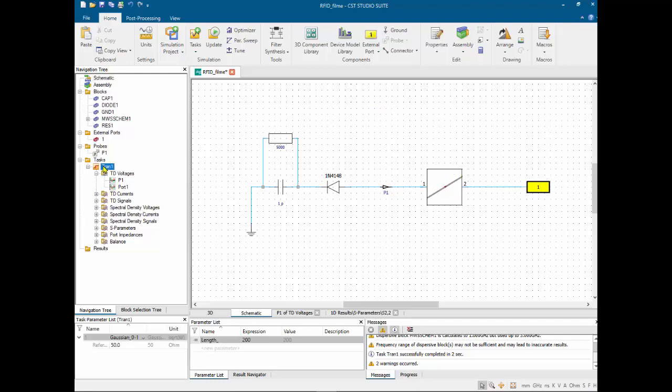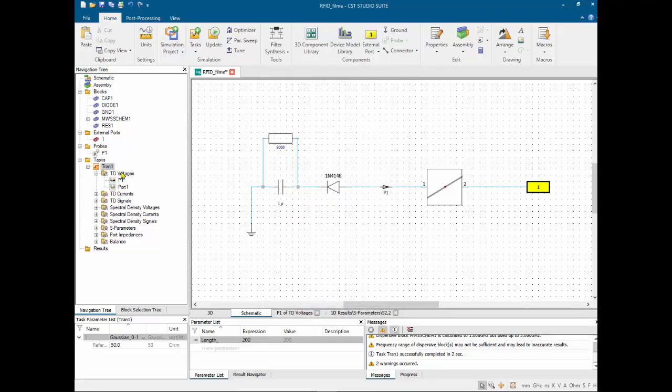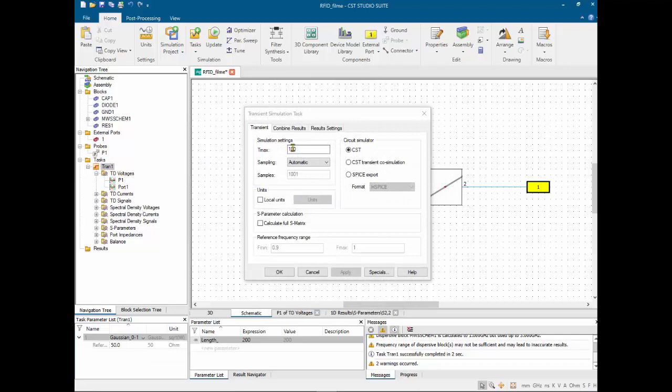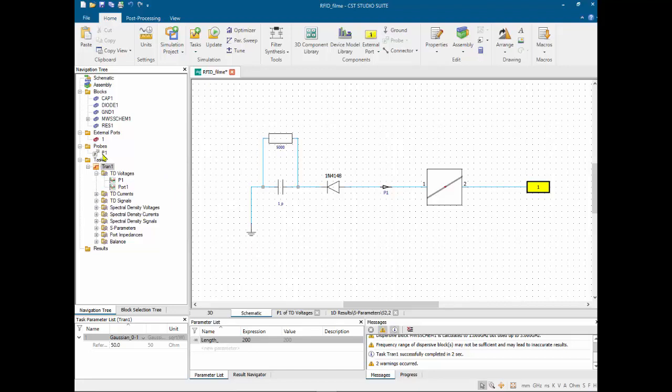And once it's done, for the transient task, you just go here, new task, and select the transient, right? And when I click here, I have increased the T maximum to 100. You are going to see why. Pretty much, you don't need to do anything more. And the last thing I just added here is the probe. The probe is just telling you what's the frequency domain and time domain response of your wave on your rectangle, on your chip, on the receiver side of your system.